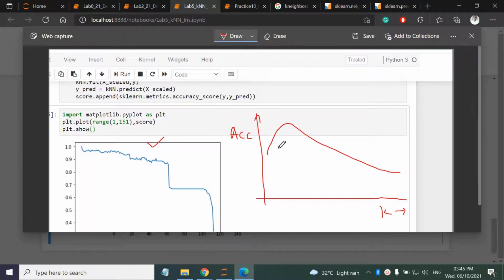So the general pattern is like this, but for this dataset, for the lower values of k we are getting the best result, and then we have a similar pattern of decrease in the accuracy. See, right? Okay, so any doubt?